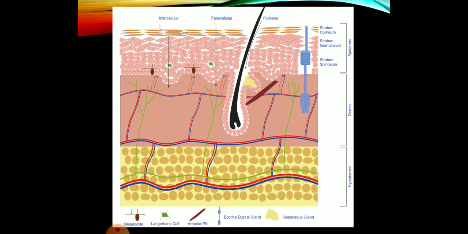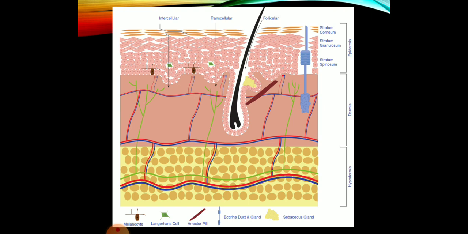subcutaneous tissue. And if you see in the lowermost layer, in the subcutaneous tissue, the green line is showing basically the lymphatics, the red wavy line is showing the arterial supply, the cutaneous arterial blood vessels, and the blue line is obviously indicating the venous supply at that particular region.